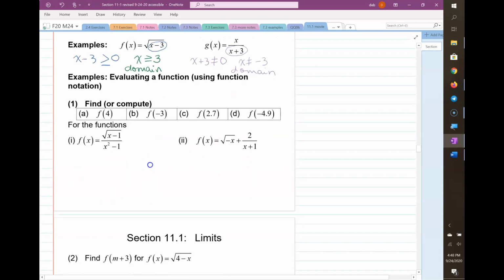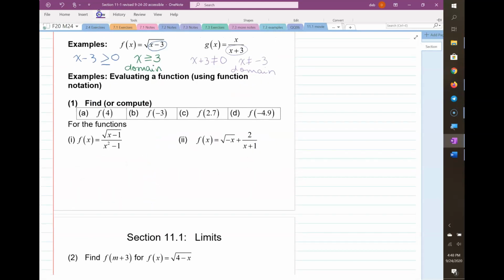Okay, and then I just want to refresh your memory on this function notation, where if I have f with a number in parentheses, it means everywhere you see that number, replace x with that number. So f of 4 would say put a 4 everywhere you see an x, and you'll have the square root of 3 over 15. Okay, and then it's important to keep the numbers in